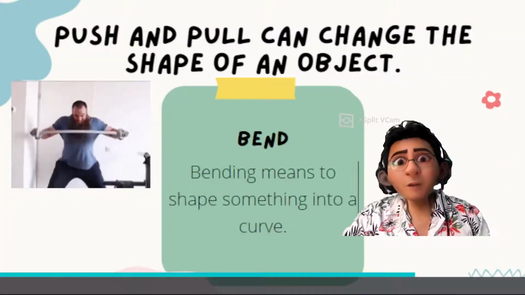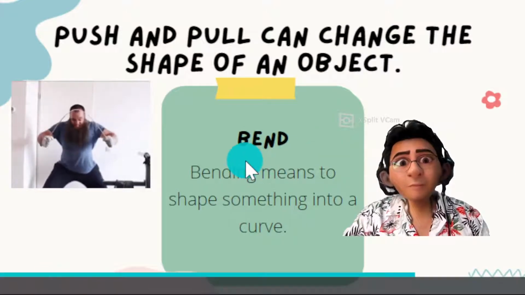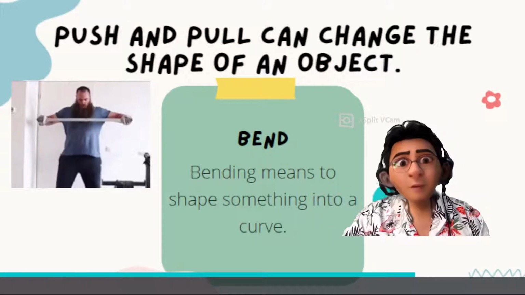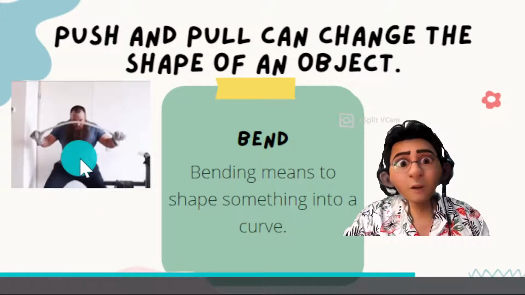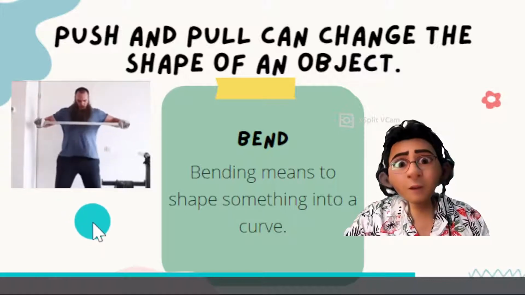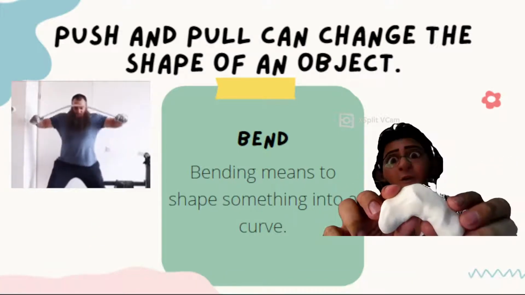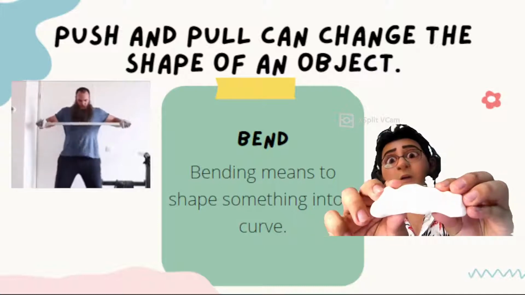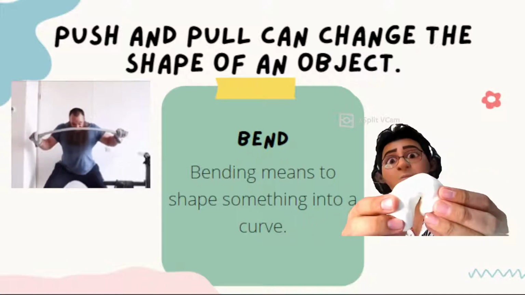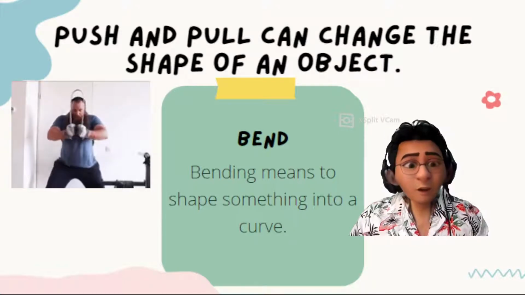Push and pull can change the shape of an object by bending. Bending means to shape something into a curve, like this one. This man is bending a metal. Bending tu macam tu, like this one. Like that, bending. Straight bend, it bends. It is very easy. Next,